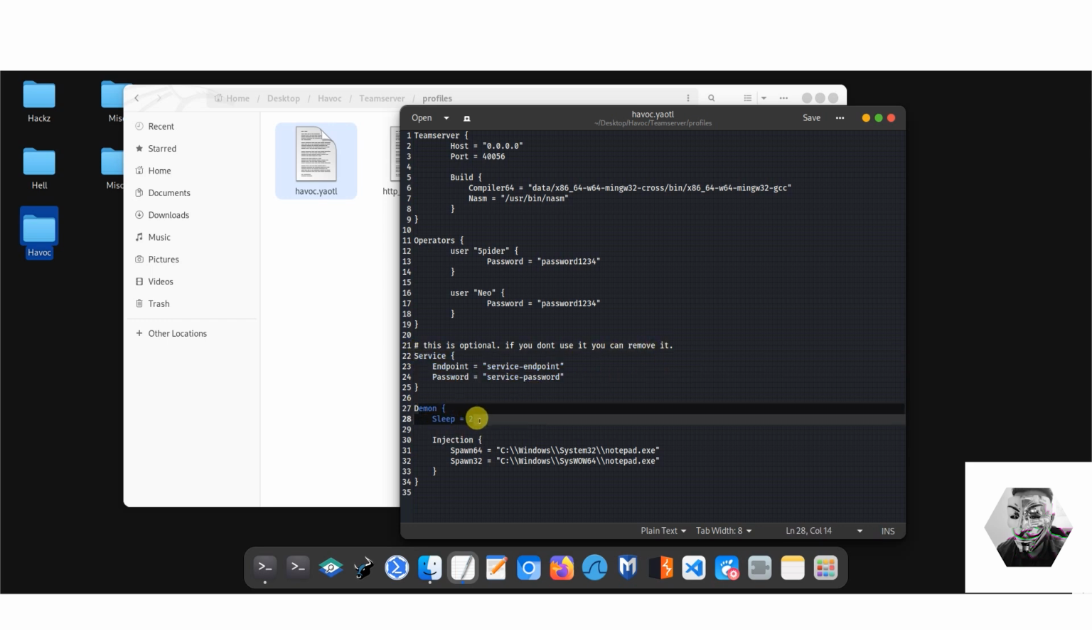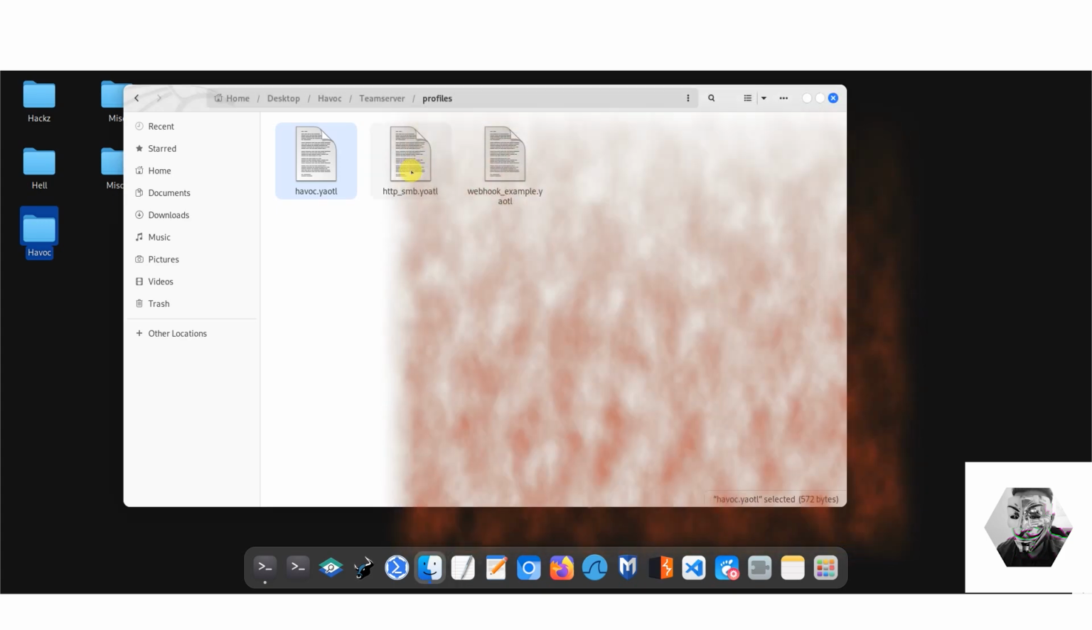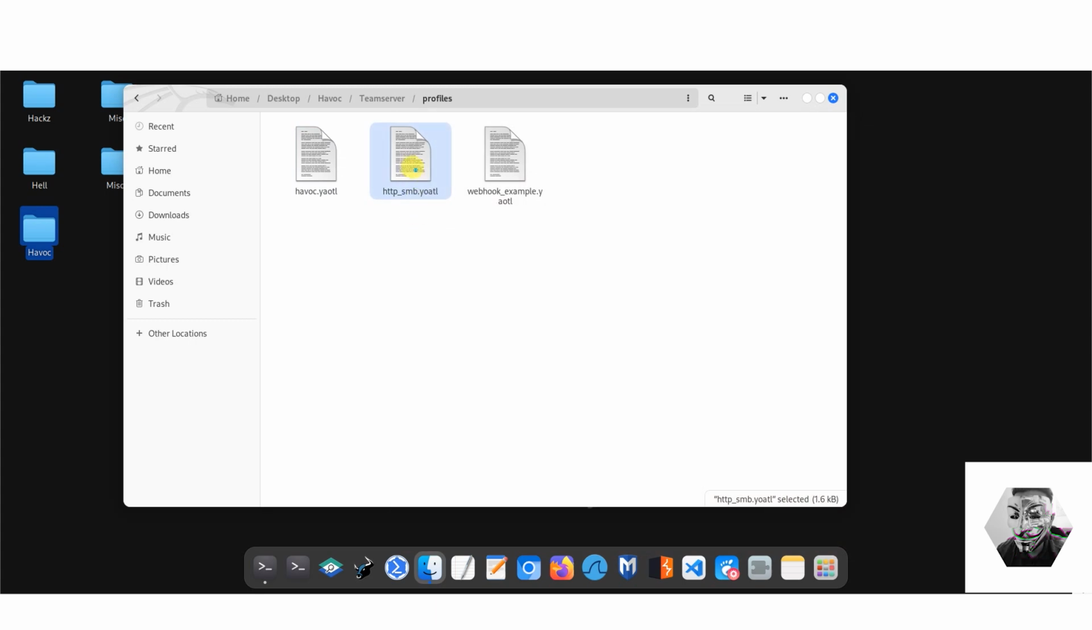Then you have the daemon, which of course is going to be the agent sitting on there, and it's got an injection of spawning on 64 or 32, and it's going to spawn on system 32 or 64 a notepad.exe file. Now this particular one I find doesn't work for me. So if we load up this HTTP version,